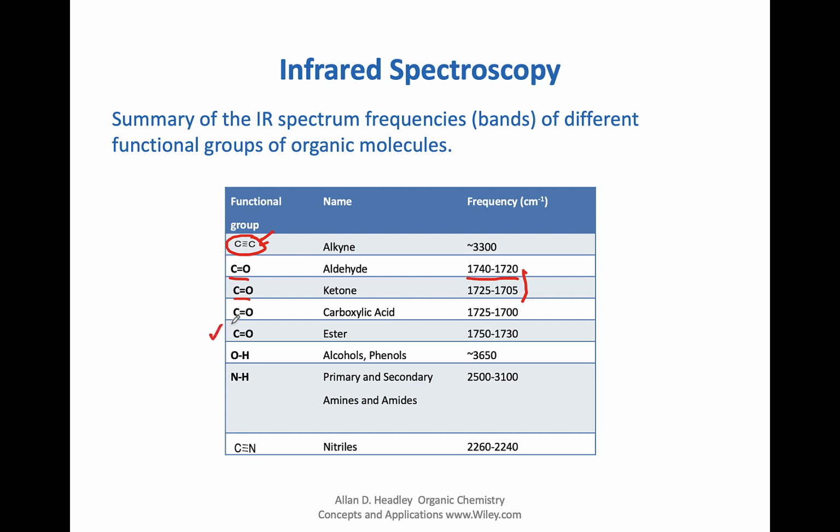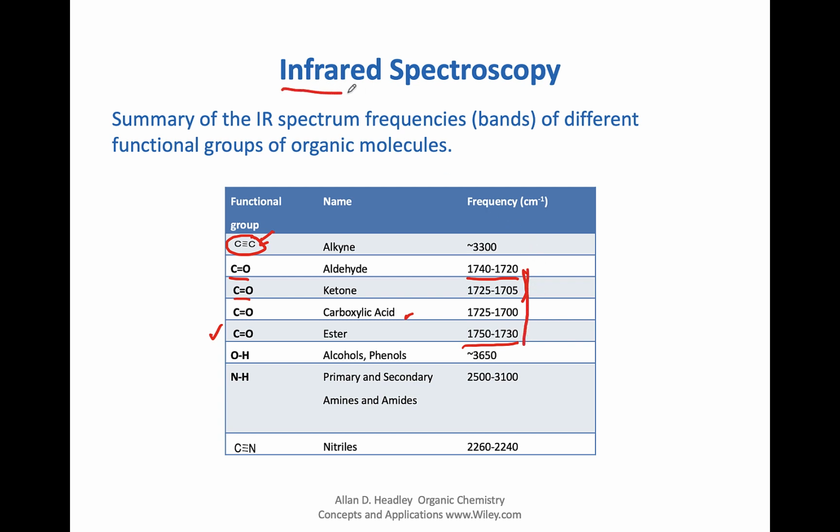Same for the ester. Again, notice a little different here, even though they are in the same region. Same for the carboxylic acid. So it's possible to tell what functional groups are present in a molecule based on the signals that appear in